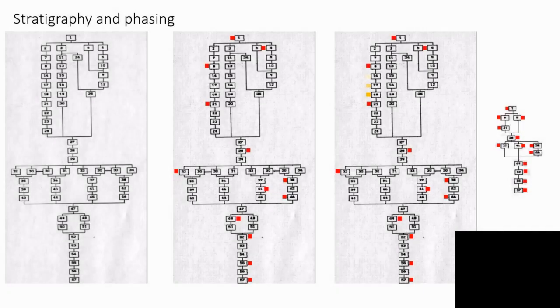So a good way to understand the stratigraphy a bit more is to think how it's depicted and how we show it. These are examples of what we call stratigraphic matrices, and they are a diagram in which the relative relationship between the excavated contexts is shown. Each of the boxes represents a context, and each of the lines represents a stratigraphic relationship between those contexts. So to take an example, we can see here that context 1 has a stratigraphic relationship with 2, 3, 6,